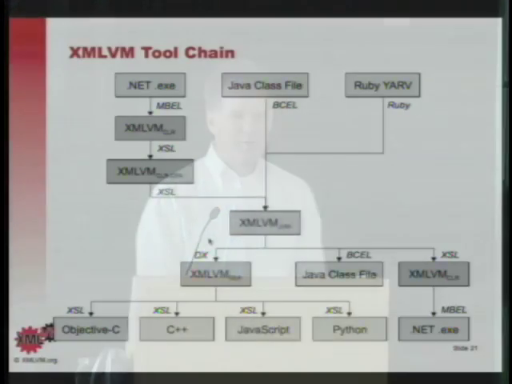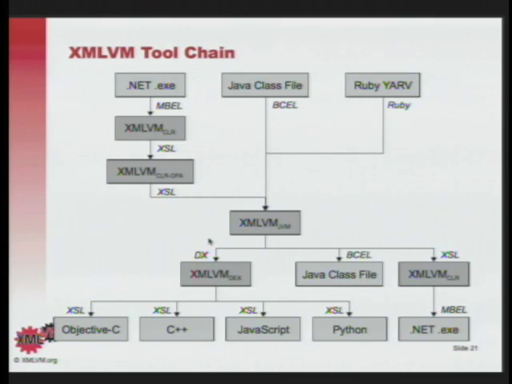So here's a quick overview of the complete XMLVM toolchain, and there are lots of little boxes here. XMLVM as a research project began in the early 2000s, and we have many other use cases. XMLVM is derived from the fact that we have an XML representation of bytecode, and we're making use of XML technologies for doing cross-compilation. So actually, we do have a front end for .NET. We have a front end for Ruby bytecode, and we also have backends for different languages.